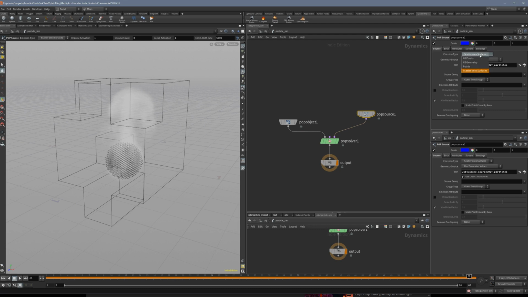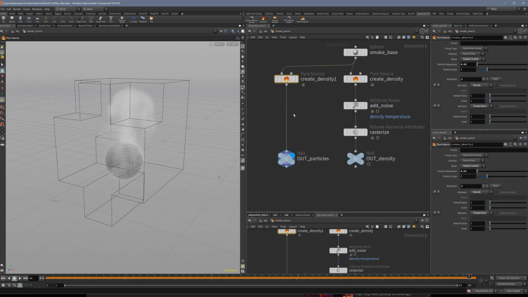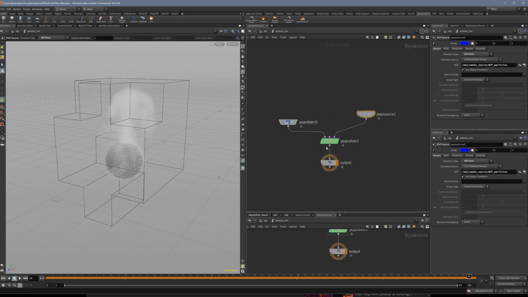So all our points we created in the source. So here in our source we create some points, and all of them are imported into the simulation every frame and simulated. Problem is, right now there's not much simulation to do,